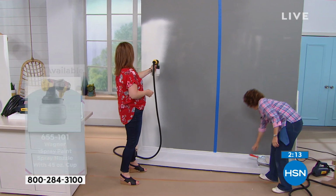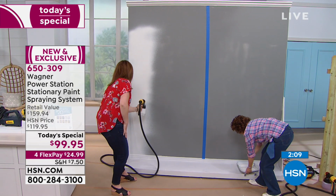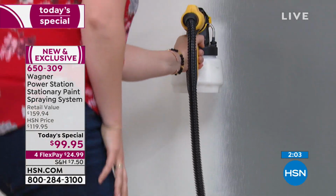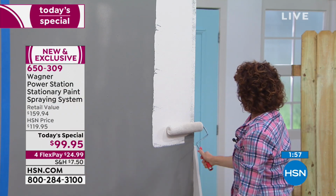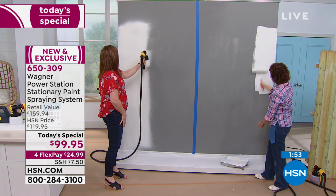Great. Now, this is why people don't like to paint. Because when they paint, they go a lot of up and down. The drips come down. And then it's like, now I'm pushing this paint on the wall. And can I get it in there? I don't want it to drip. And when I go to my next...